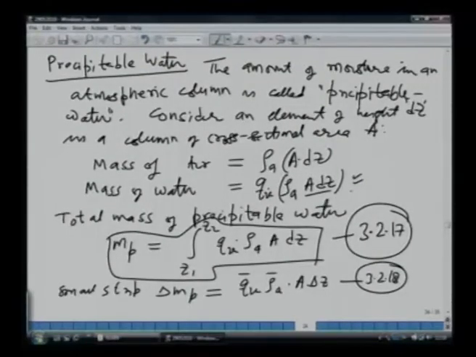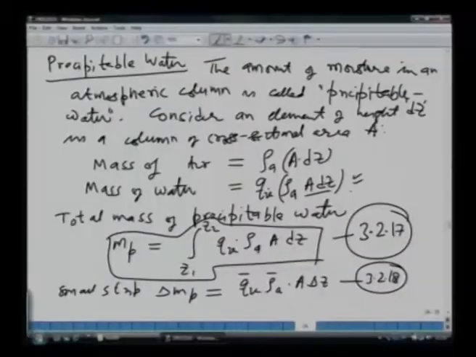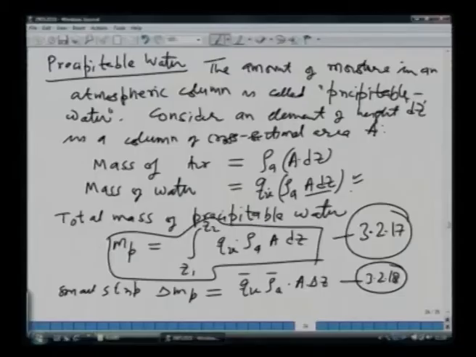So, what we do is we find the average specific humidity between any two heights, we find the average density, and then multiply by the area. That will give you the incremental amount of water in that increment, and then we keep on doing it for every 100 meters or every 10 meters, depending upon the accuracy desired, for 1 kilometer, 2 kilometers and so on. I would like to demonstrate how you can actually do that.